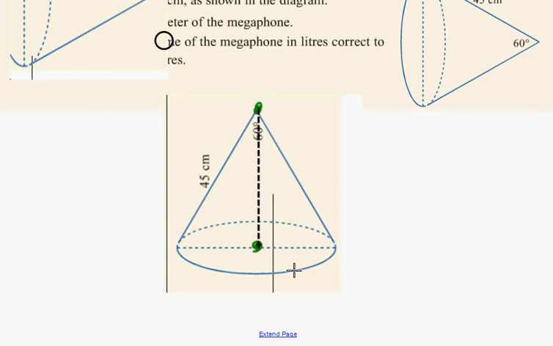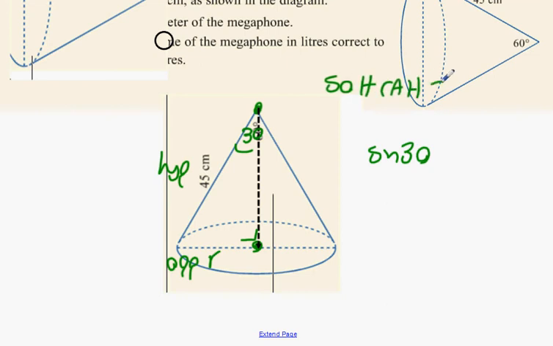we can't find out what the radius is because we technically don't know this height here, do we? Pythagoras' theorem is out the door. Do you got that? Yeah. Cannot do Pythagoras' theorem. Is the angle 30 then? Angle's 30, and it's a right angle triangle. Okay? So now you're at SOHCAHTOA level. The angle looks at, this is the opposite, and this one is the hypotenuse. So sine 30. SOHCAHTOA, so you have to use opposite over hypotenuse. R over 45, and then R equals 45 sine 30, which is